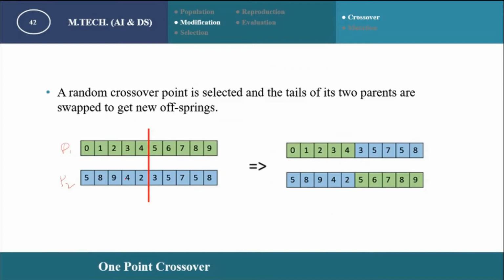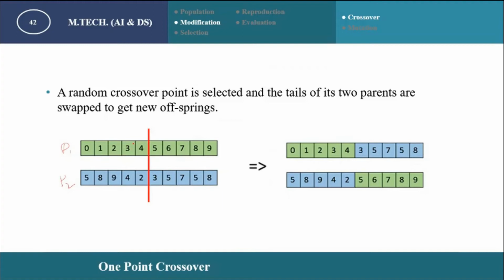And this one is also the second parent, the parent P2. It is also divided into two parts, that is, it is divided at this junction, between 2 and 3. Then these two parts are interchanged with each other, that is 0, 1, 2, 3, 4, then 3, 5, 7, 5, 8. Then the second one becomes, that is this 3, 5, 7, 5, 8 is going upwards, or it is joined with the first part of the first